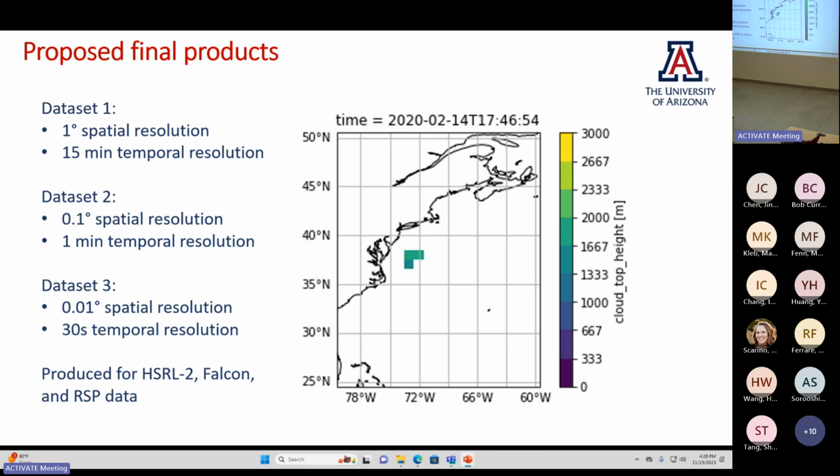The 1 degree data for HSRL2 and Falcon are not, I won't say good to go because I still have to run all of the dates. If I say it's going to be good to go, then I'm going to run into a coding error and it's going to take me months or something's not going to work. So I'm not going to jinx myself. But